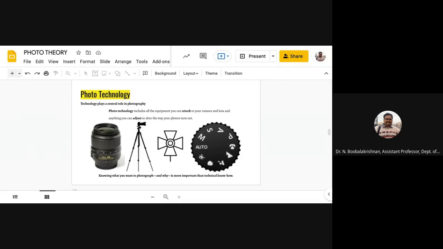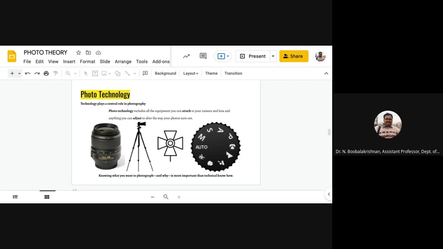It is critical for you to know what type of settings are available to you, how you can adjust them to achieve desired results or reduce undesirable results. To use photo technology, you need to pay attention to the circumstances surrounding your shot. So this knowledge won't necessarily lead to great pictures, but it will lead to technically flawless ones. So learning these technicalities will help you to give technically flawless pictures. It won't help you to give desirable results by itself.